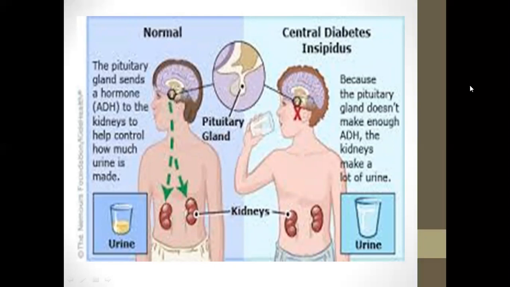But in the central insipidus में क्या हो गया, अगर पिट्यूटरी ग्लैंड से ही जो है वो हार्मोन सिक्रेट नहीं हो रहा तो वो किडनी के ऊपर एक्ट नहीं करेगा, तो इंक्रीज जो है वो यूरिन एक्सेसिव होगा, पोलीयूरिया होगा, एक्सेसिव यूरिन प्रोड्यूस करेगा। और यहाँ पे देखते हैं कि नॉर्मल यूरिन की प्रोडक्शन होती है। जब एक्सेसिव यूरिन होगा दैट मीन लॉस ऑफ वाटर हो गया फ्रॉम द बॉडी, और बॉडी डिहाइड्रेशन की तरफ मूव ऑन करेगी।